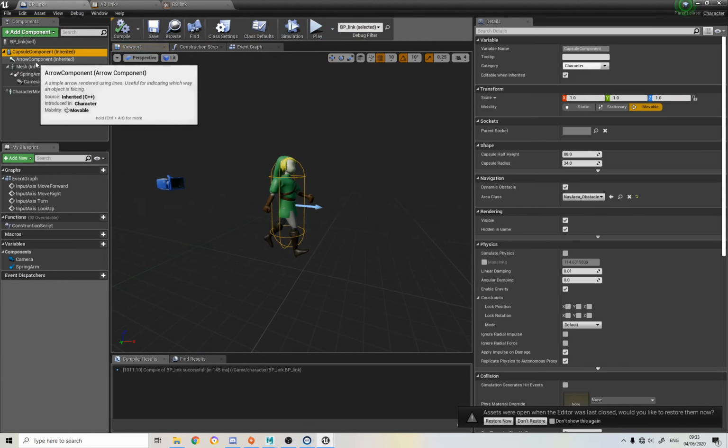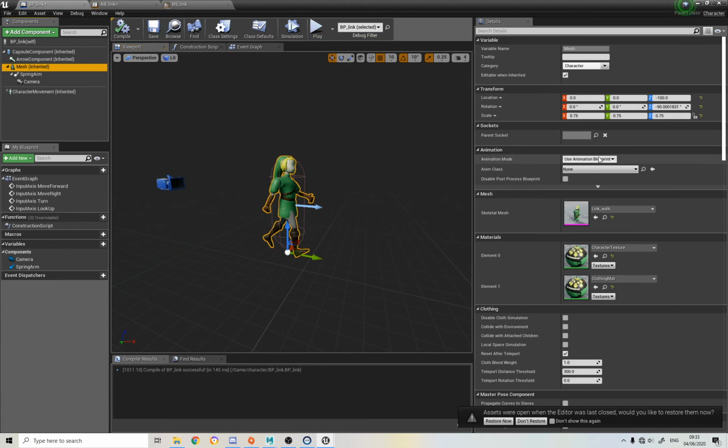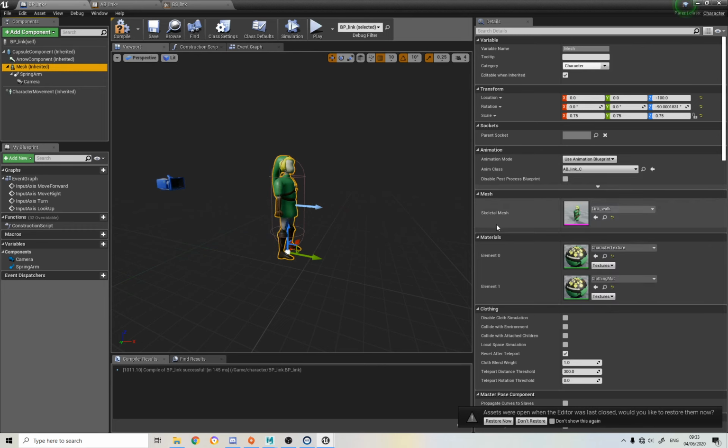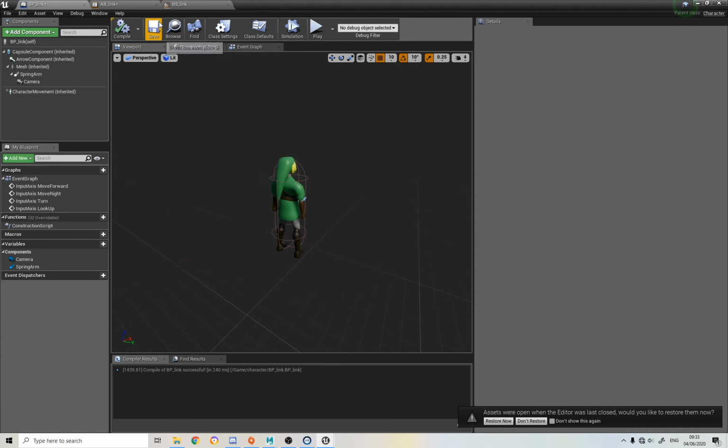When we first started, I pointed out that we had to set the blueprint here. You need to do that. It won't do it by default. So we go here, animation blueprint link. Again, naming conventions are everything. And as you can see, it's already working because the idle animation is playing. So if we go compile and save,